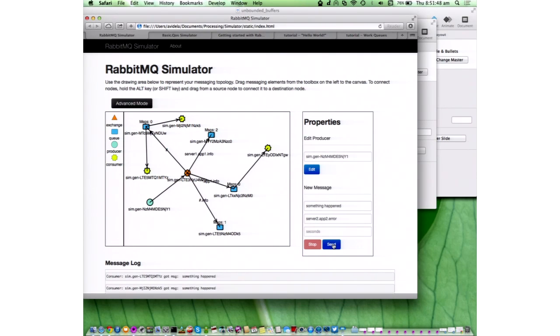The ACK mode, what will happen if your consumer crashes, the message will go back into the queue. So people usually ask, does Rabbit send duplicate messages? Usually, no. Rabbit doesn't send duplicate messages. But of course, if your consumer crashes and you were in ACK mode, that message will go back to the queue and will be delivered to somebody else.